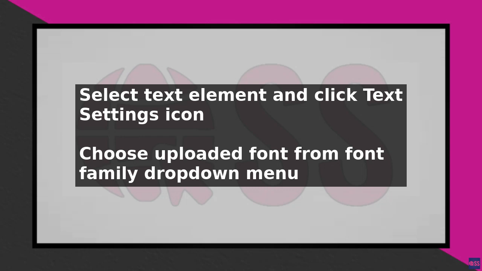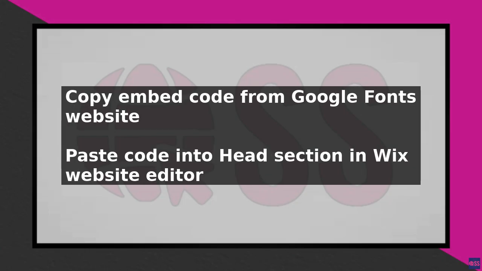In the Settings menu, click on the Advanced section and select Custom Code. Paste the embed code into the head section and click on the Apply button. Your Google Fonts will now be available in the Font Family drop-down menu, and you can apply them to your text elements as needed. When adding custom fonts to your Wix website, make sure to consider the licensing terms of